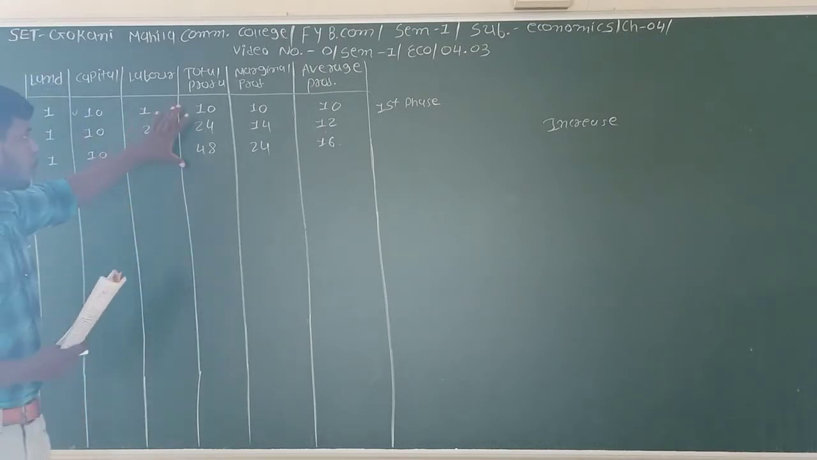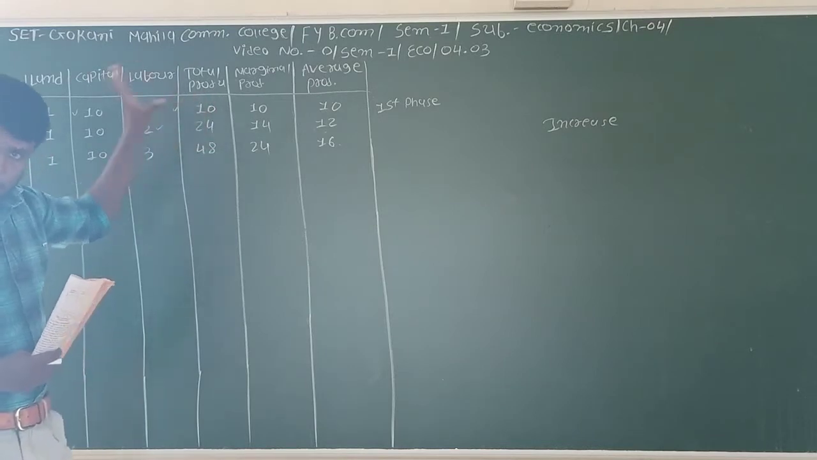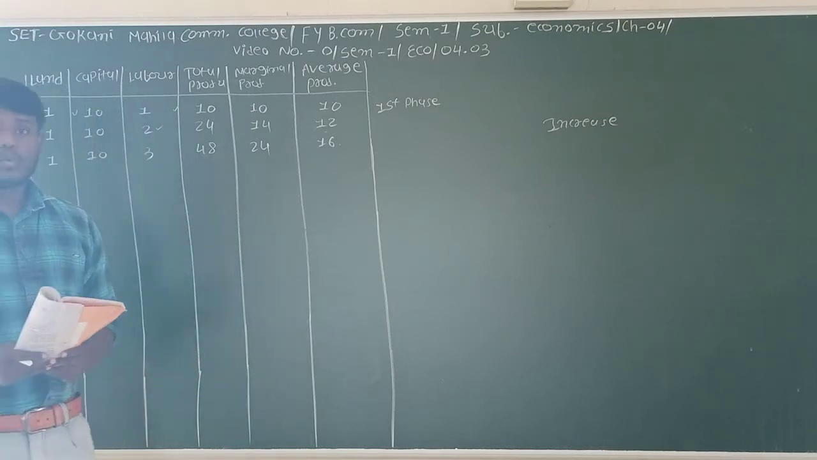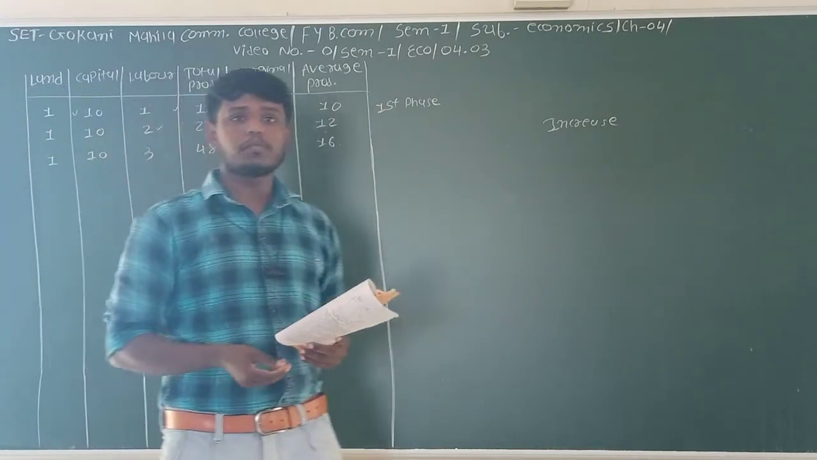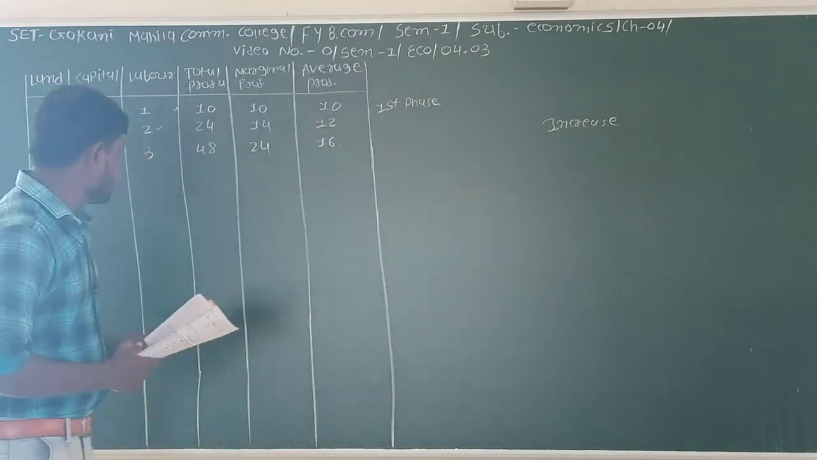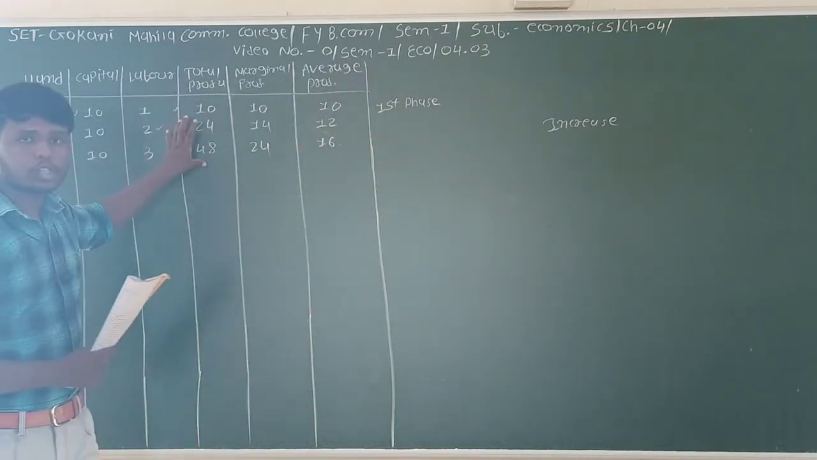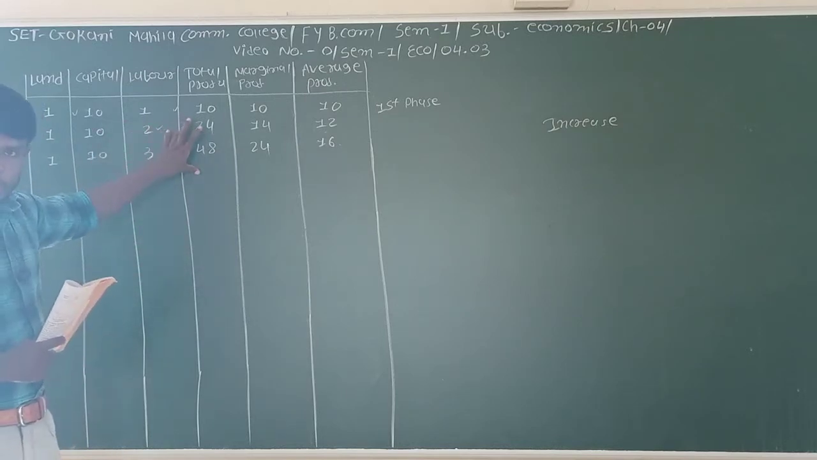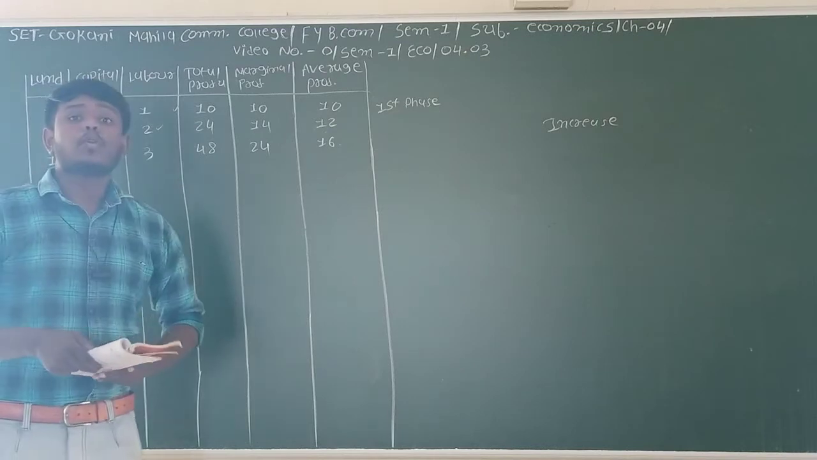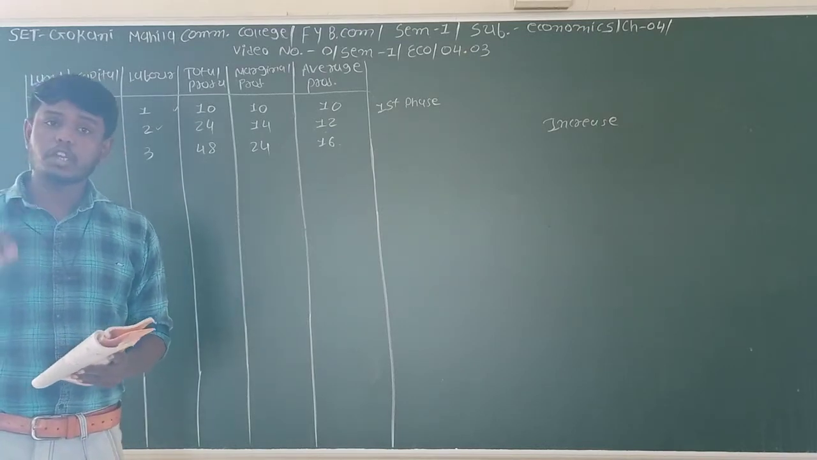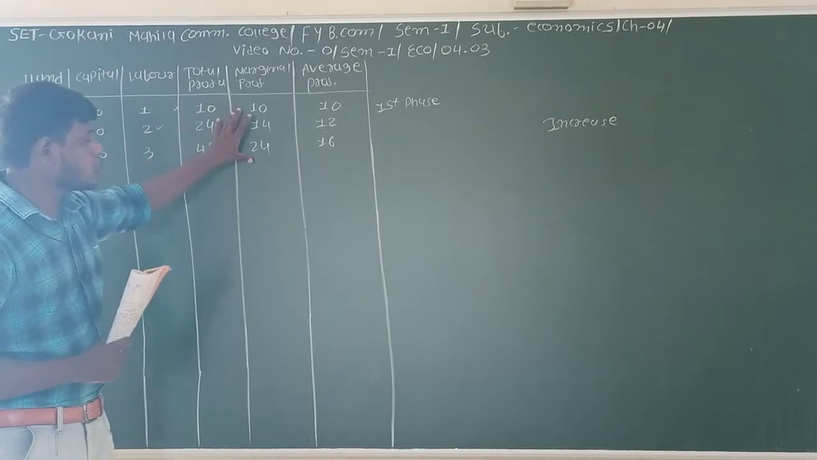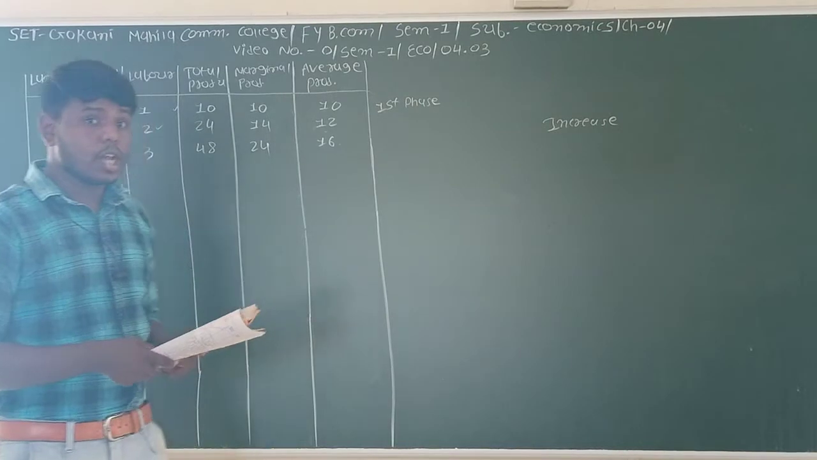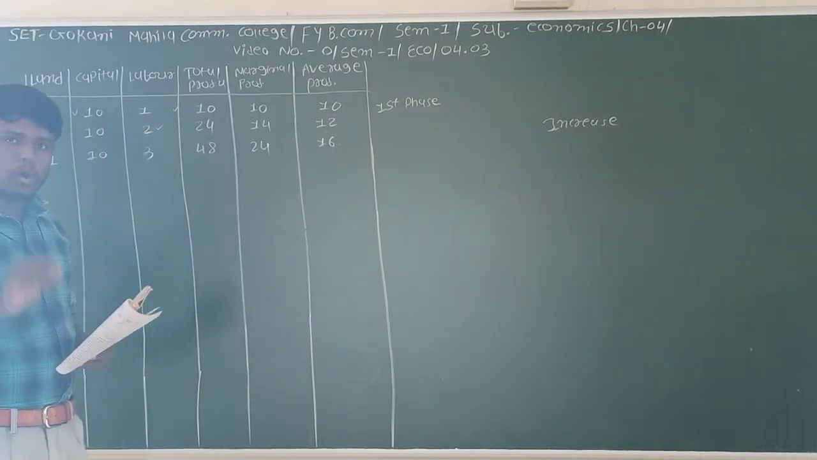At that time, your total production is 10, your average production is also 10, and your marginal production is also 10. When you add one more unit of the labor in your production system, at that time your total production is incremental. So your total production is 24, your marginal production will also be in the incremental stage, so it will also increase, and your average production also increases. After that, if you have one more